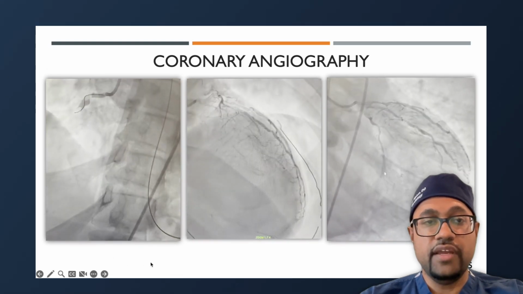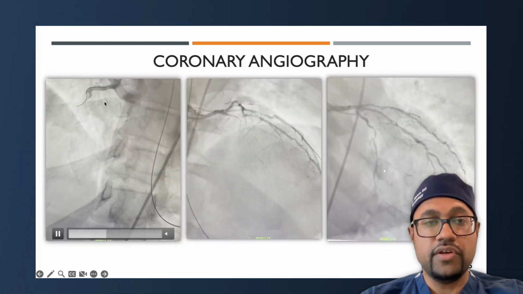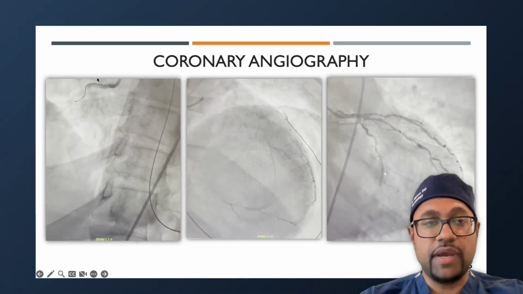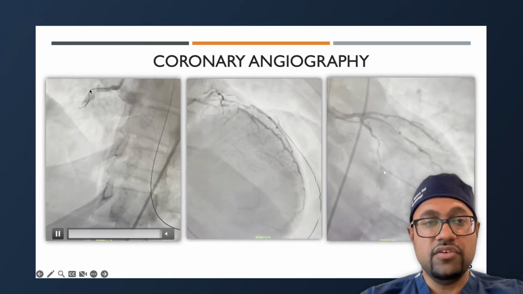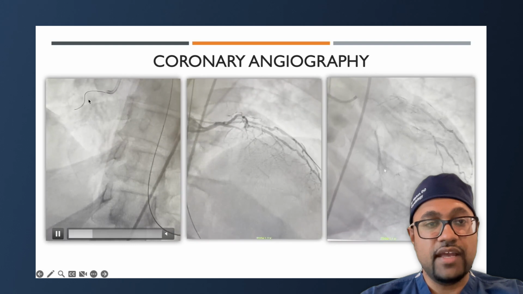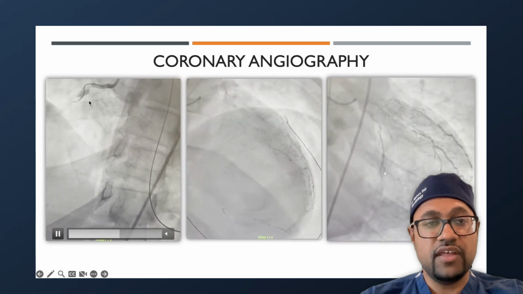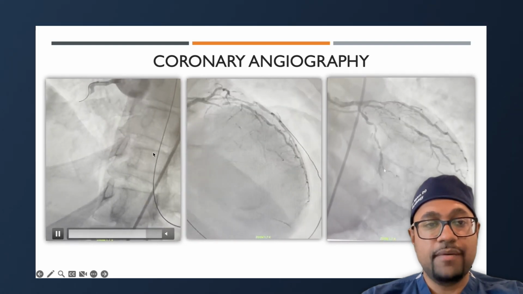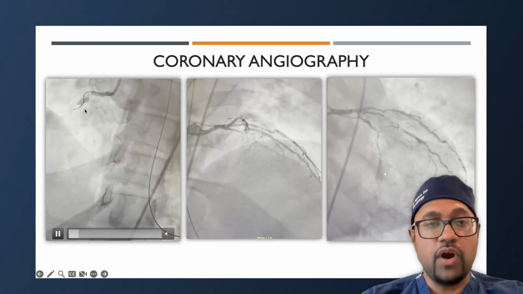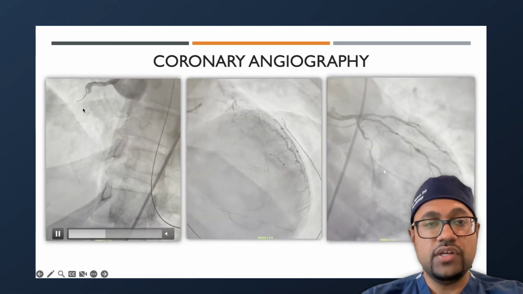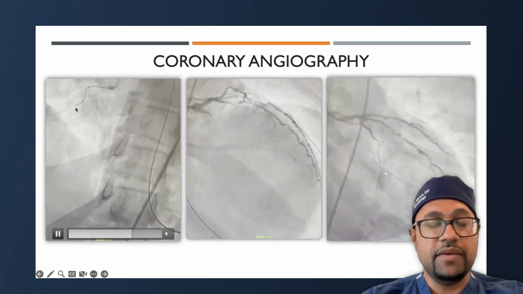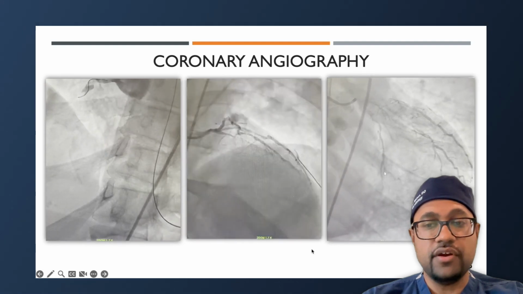And when I shoot the right, I can see that the right coronary artery is the culprit, as we expected, based on that EKG. It looks like a large filling defect in that mid or proximal portion of the vessel, concerning for a blood clot. And when I tried to put the wire down, I got a little bit concerned as it wasn't going very smoothly, making me think there was probably severe blockage there.